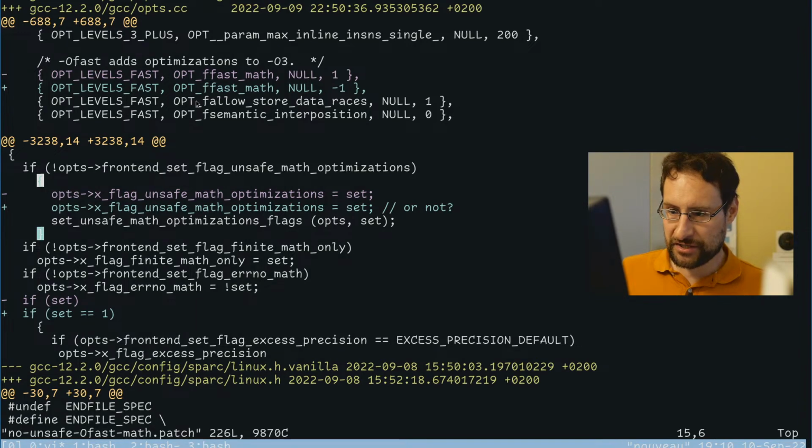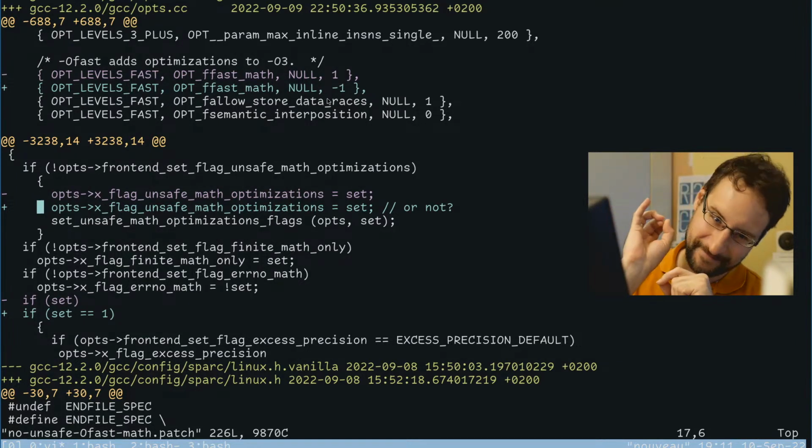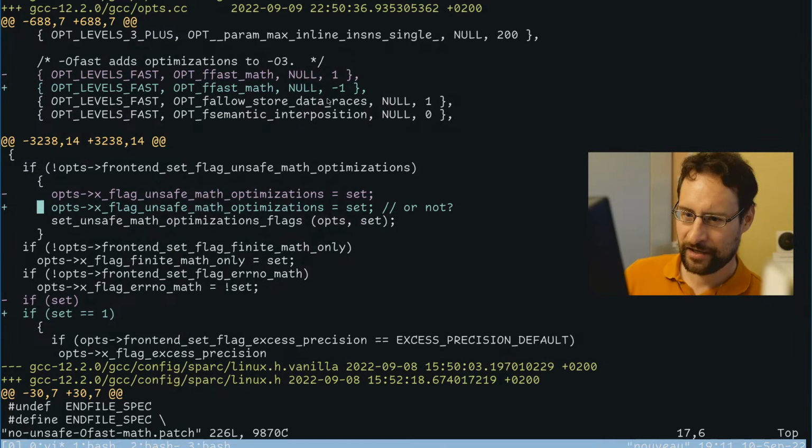So I changed the option OFast. Yeah, level of fast. I changed that opt fast math initialization from 1 to -1. So -1 is my invention of using this, it's a Boolean, right? So a vastly wasted bit there. I use them all.